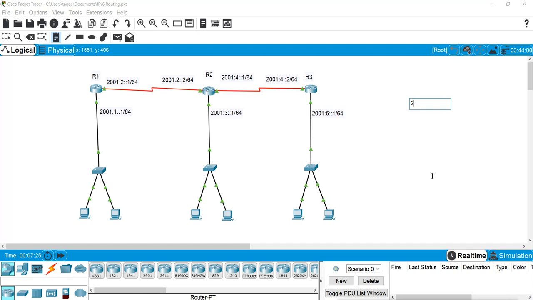So if I go like this, 2001 colon 0 colon 0 colon 0 colon 0, and then 5, 6, 7 and 8.